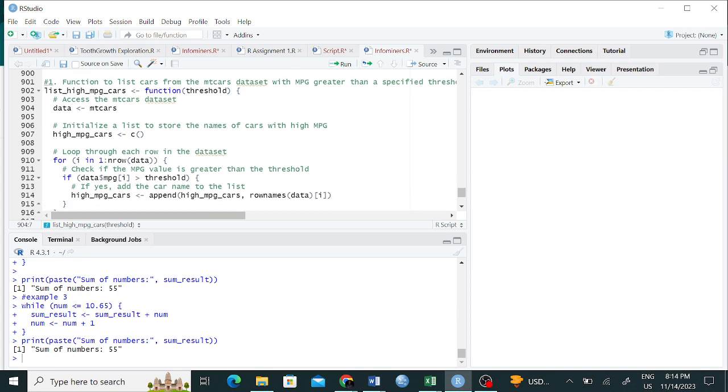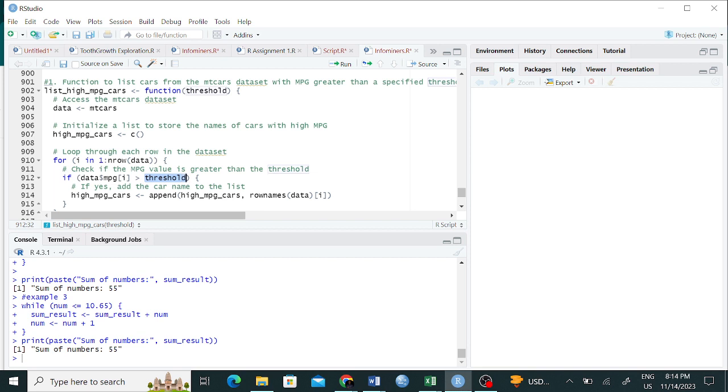So for i in 1 up to the end row, which is now the last row of our data set. This is more like a loop inside the function. So for i in that, if what? The column you are busy with is the MPG, and now we want to say if any value inside the MPG column is greater than our threshold, right?